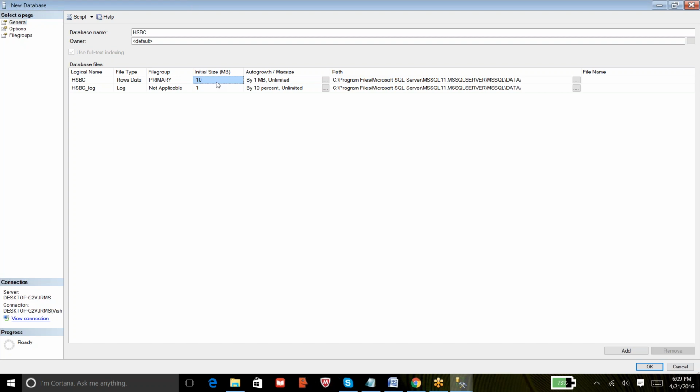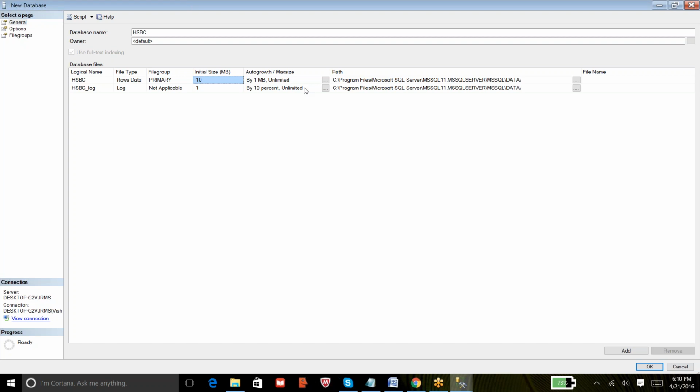When the user starts inserting data in this database, at some point the 10 MB will get filled, then what does SQL Server have to do? So using these settings, it says when the 10 MB is used, increase the file size by 1 MB automatically, and up to where? It's unlimited. That means it's up to the free space on the drive.